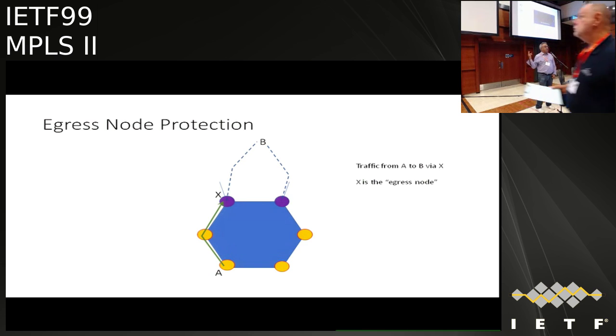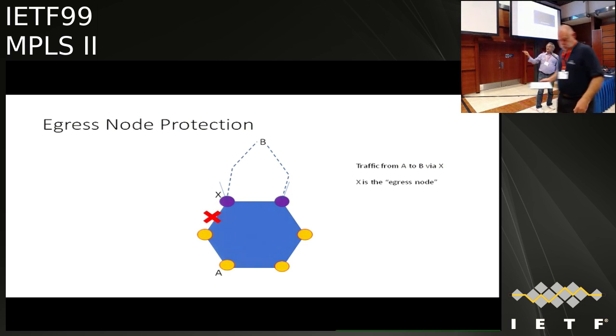You have these two purple dots or purple devices, which is the ring's connectivity into the bigger network. And if I have a node A talking to a node B outside the network, it's exiting from the purple thing called X. If a link fails, RMR will give you protection going back to X, different path, and then you can continue. But if the node X itself fails,